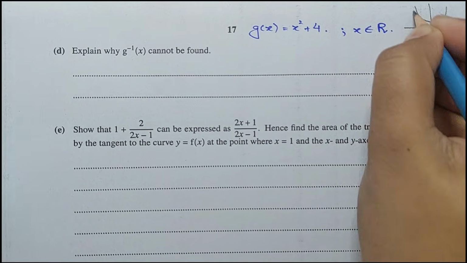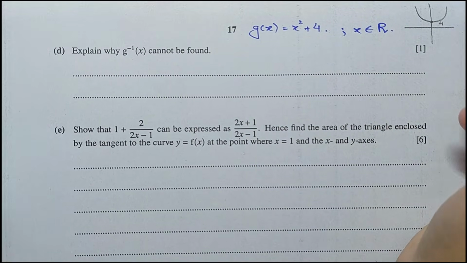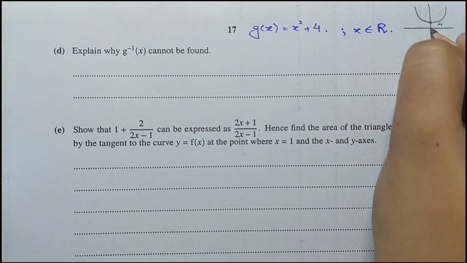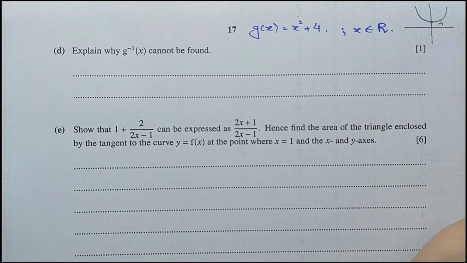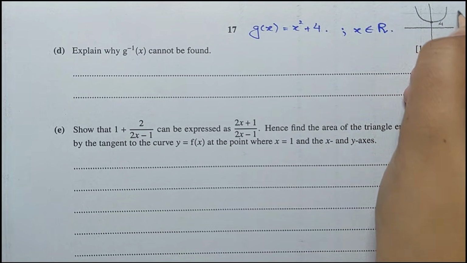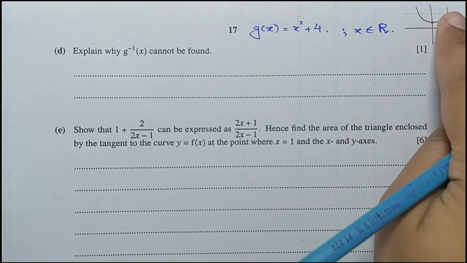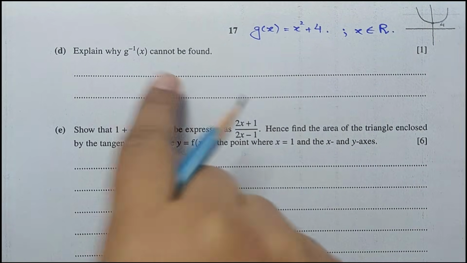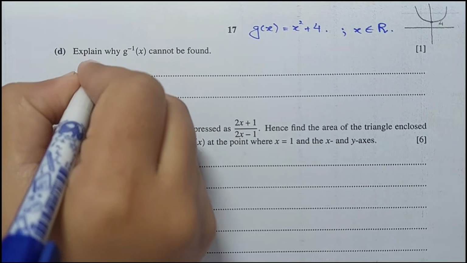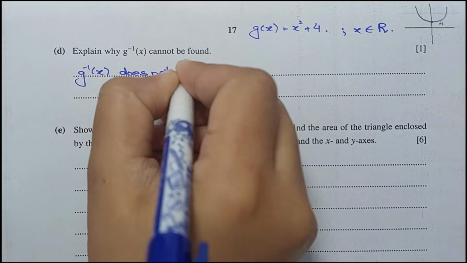But this is how the graph looks, right? So when the x value is 0, the y-intercept is 4 over here. And x belongs to all real numbers. x can be 0, positive numbers, and negative numbers, right? So for this, if you draw a horizontal line on the graph of g of x, the horizontal line intersects the graph at 2 points, right? So that is why g inverse does not exist. We can say g inverse of x does not exist